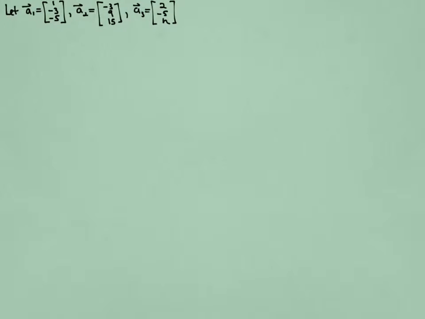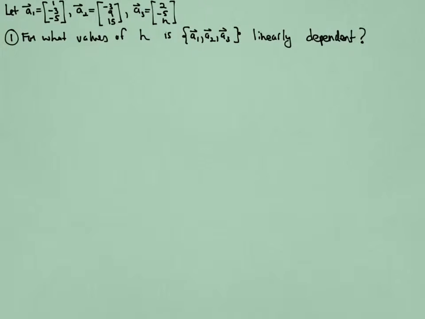In this video, we'll discuss the linear dependence between three vectors a1, a2, and a3 that I've given here. And notice that the third vector depends on some parameter h which hasn't been specified. The first question I want to ask is, for what values of h is this set of three vectors linearly dependent? In order to answer that question, I'm going to let A be the matrix whose columns are the